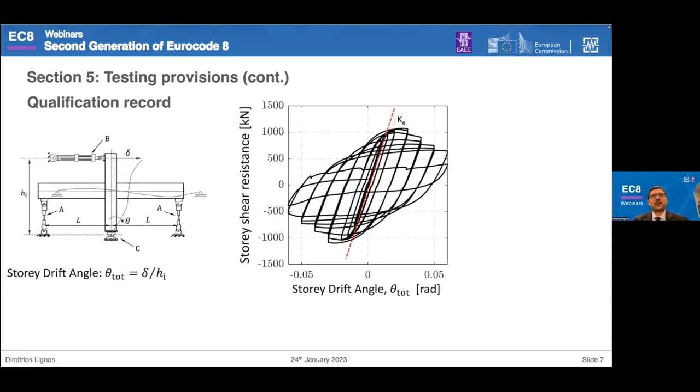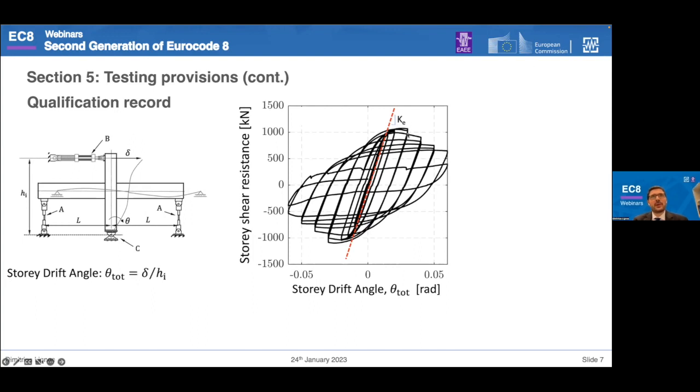For instance, one important aspect here would be to document properly what we call the elastic stiffness of the subassembly or the element of interest. If this is a reinforced concrete element, what would be important, for instance, would be to ensure that you report the pre and post crack stiffness of the element. But then